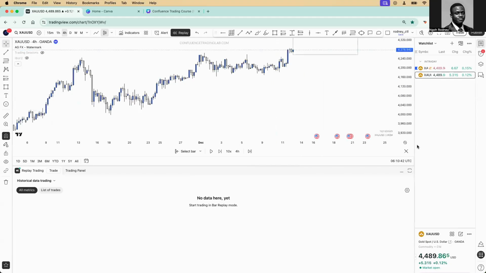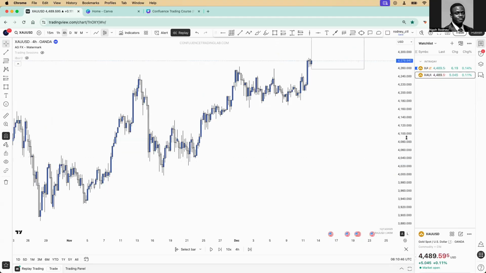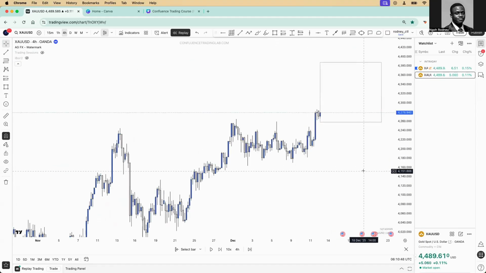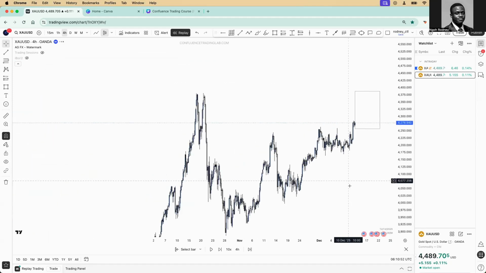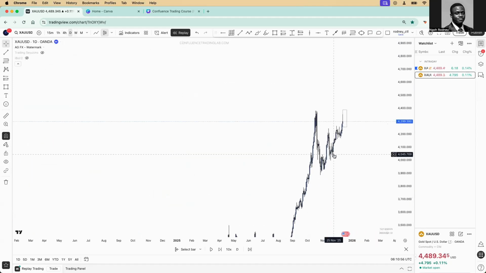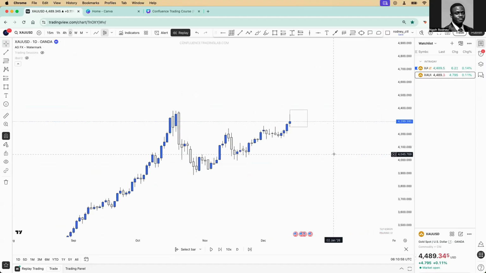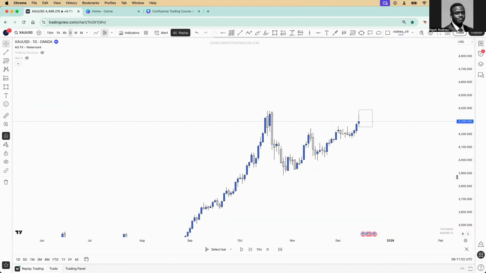Now, of course, we know that place was a bit of a range there because we've seen the price action ahead of time. But I will just try to explain to you still how it looks in general. Now, when you come to the daily, this is where we were on the daily. The things that I want you to start noticing here is